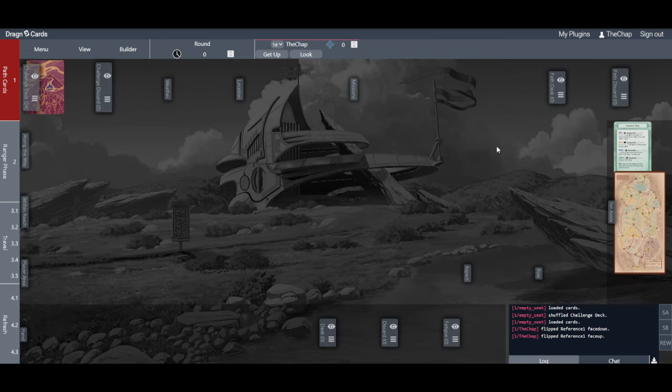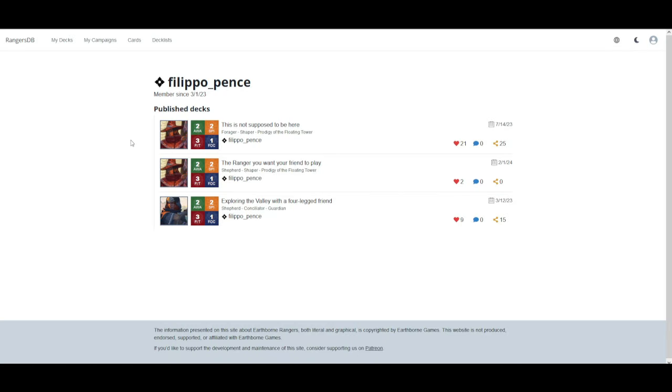All right, one of the first things you'd probably want to know is how do you load a deck? So what you want to do, in my opinion, the easiest way is to go to RangersDB. RangersDB is where you can build decks, and I have some decks here that have been built by the gentleman who made the plugin. So if we go to this deck here,